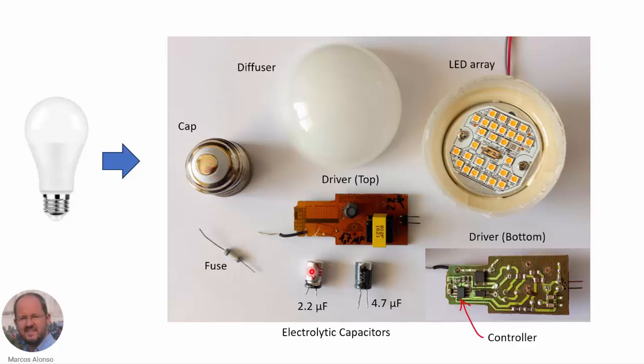So usually we say that the weakest element in an LED lamp is the electrolytic capacitor. So we have here two electrolytic capacitors and the values on them were 2.2 microfarads and 4.7 microfarads. It is said that when time passes, the electrolytic capacitors decrease their capacitance due to the evaporation of the electrolyte, and this is the main cause of the failure of LED lamps and in general of a power converter. So what we are going to do in this video is to investigate this a little bit further, try to understand how this lamp operates and try to find out the cause of the failure of